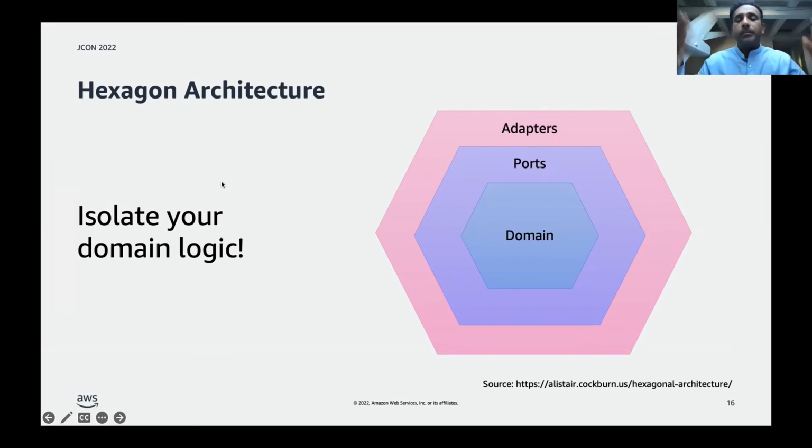It's basically aiming to create loosely coupled application components that can then easily be exchanged and help very much in the setup of tests and test automation. The core idea here is to isolate your domain logic and make it more or less independent of, let's say, the infrastructure and the surrounding